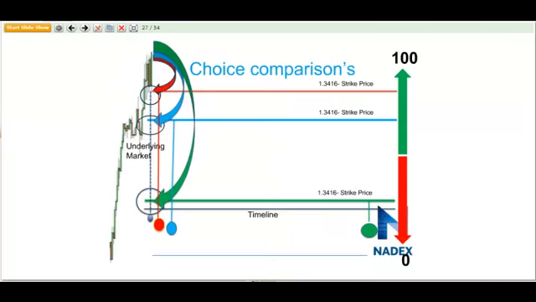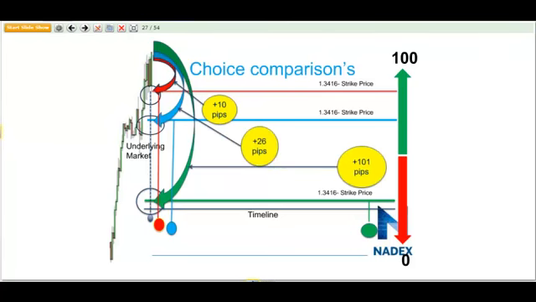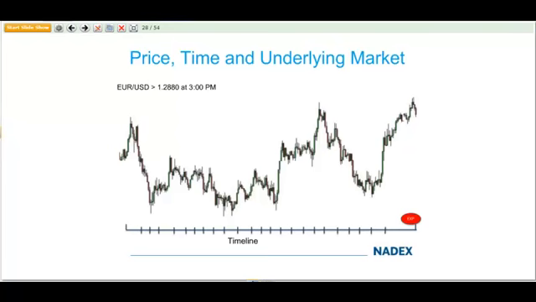Okay, and this is just a visual of all of them compared. The first one was 10 pips relative to where the underlying was. Second one, 26 pips. Just another way of showing. We've been all over that. So let me show you here,